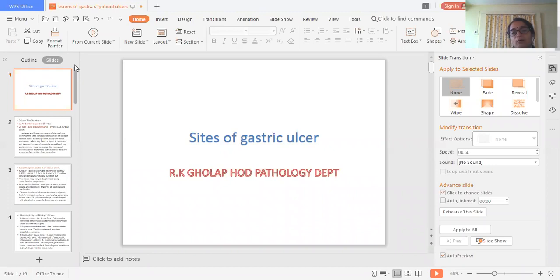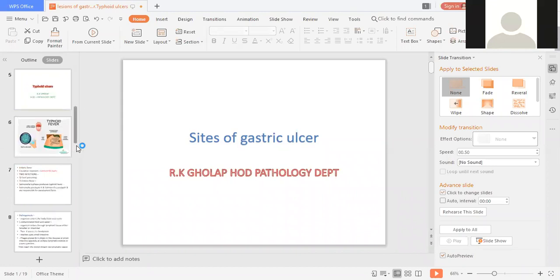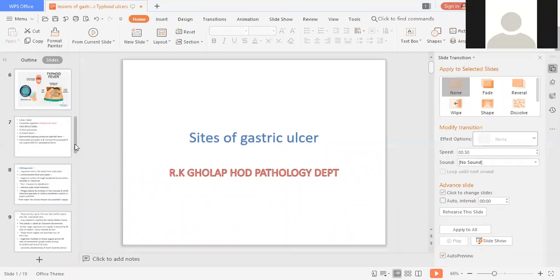Now, please tell me how many parasites have been taught for your batch till now. Parasitology is not taught yet? No, ma'am. So before going toward the dysentery topic, side by side we will start with parasitology, at least Entamoeba histolytica, to clear the idea of the pathogens of dysentery.